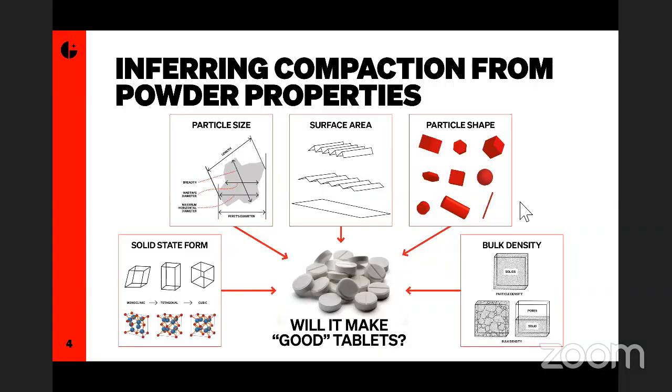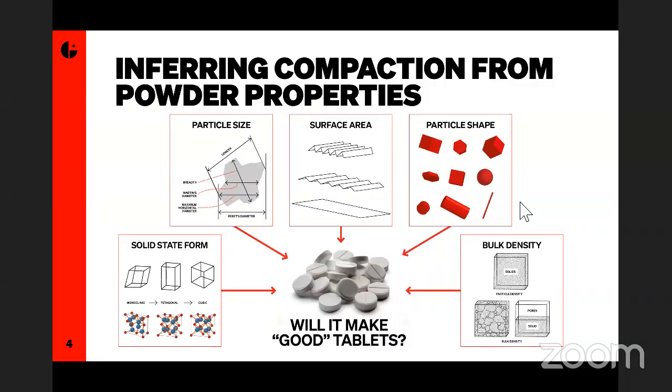If, for example, you are looking to use a new supplier of an excipient, or you're changing the source of an API, it's likely that you'll look at samples of the current and the potential new one and look at various physical properties, say particle size, shape, surface area, possibly solid state form and density,